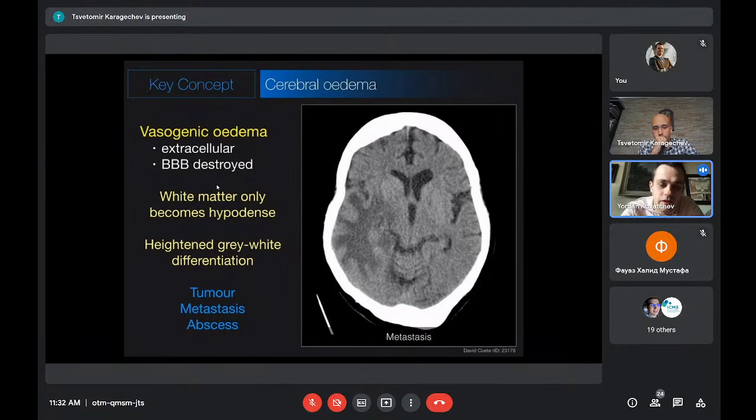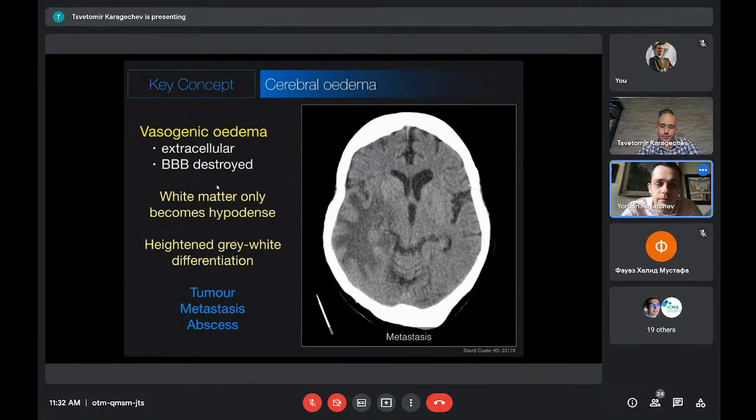The main difference, and you can almost always, but not always, differentiate it on CT, is the fact that you can see the gray-white matter differentiation. It's intact. Actually, it's accentuated because the white matter, which is here grayer, so I know it's a bit confusing the first time you look at CTs, but that's how it is. The white matter, which is the subcortical matter, right? Because the gray matter is the cortex, is more hypodense, so more gray, and you can see better the differentiation between the gray and white matter.